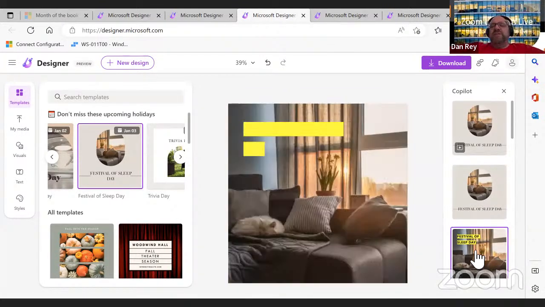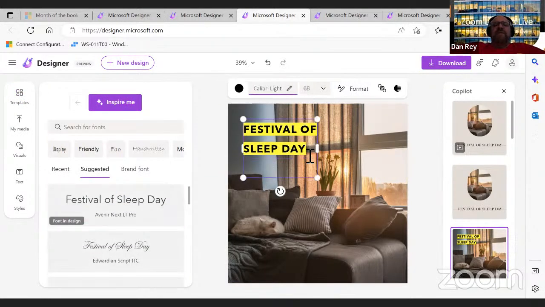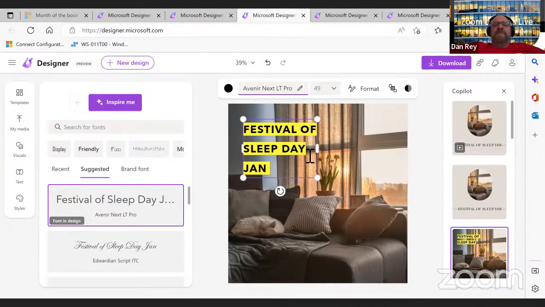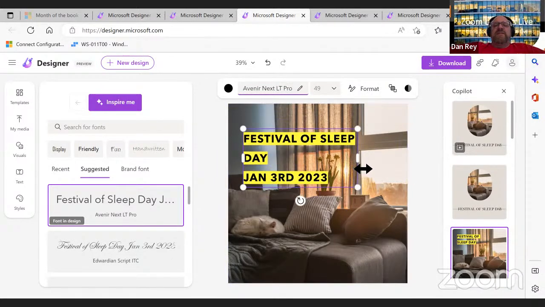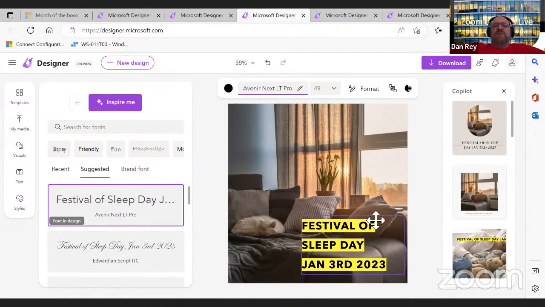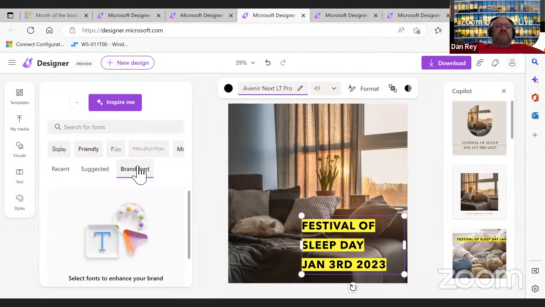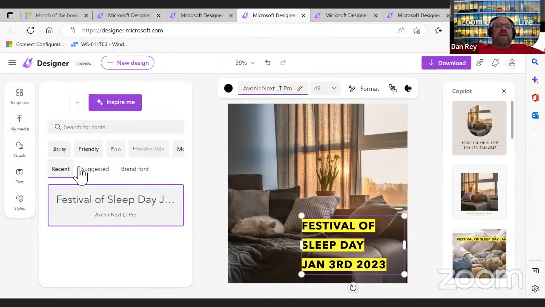And we can see some suggestions here of different ways to celebrate Festival of Sleep on January 3rd. And then we can make adjustments to these graphics as well. 2023 and the size of it there. And location. Once we get everything, including the font that we want to use correct, we have the capability of saving this. The fonts that are suggested, or the brand fonts that are in use,